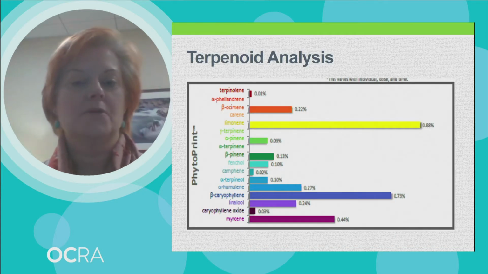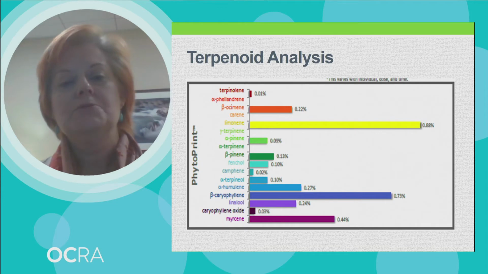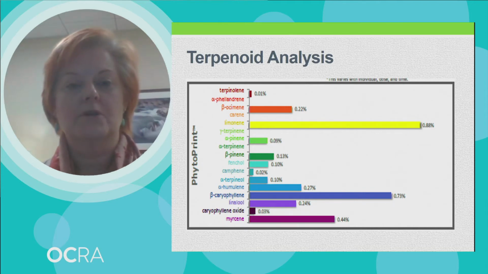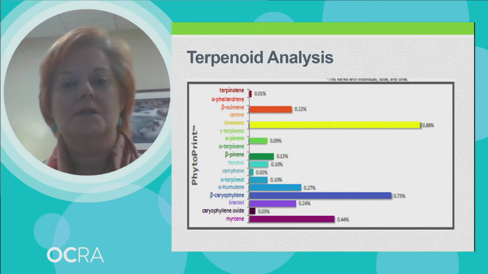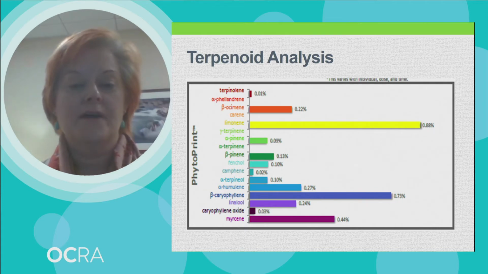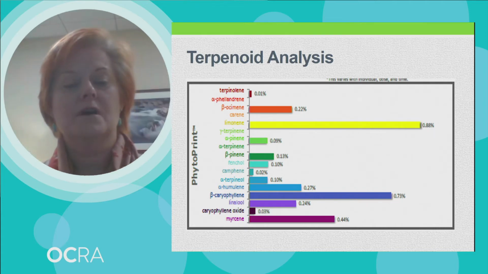So this is an example of a terpenoid analysis, and what you see, of course, is that relative to other terpenoids in this particularly analyzed product, limonene is very high. If we recall that limonene is something that can help reduce anxiety, we also might look and see that the next highest thing is the beta-caryophyllene, so that might indicate to us that this preparation could have an increased ability